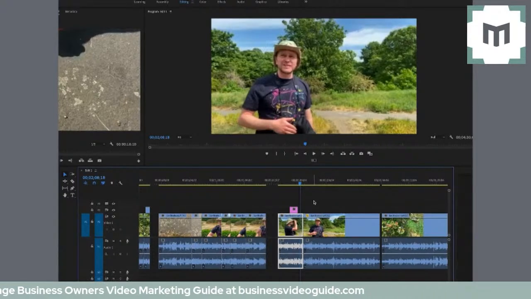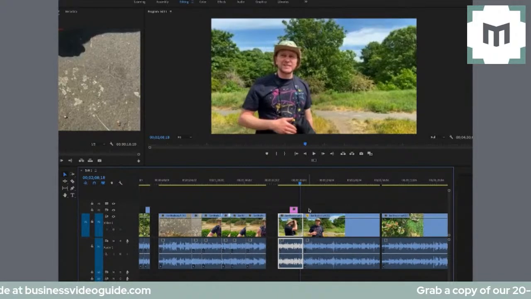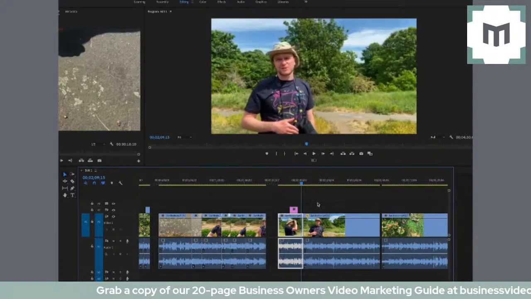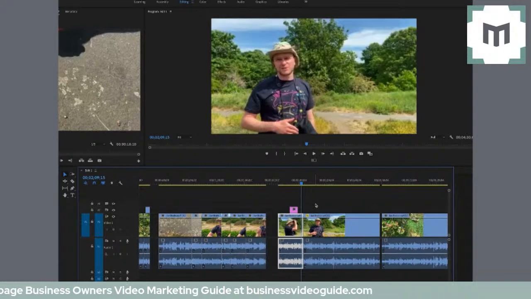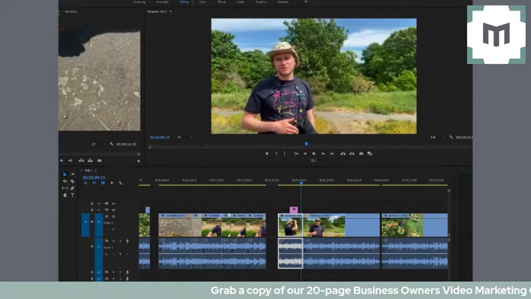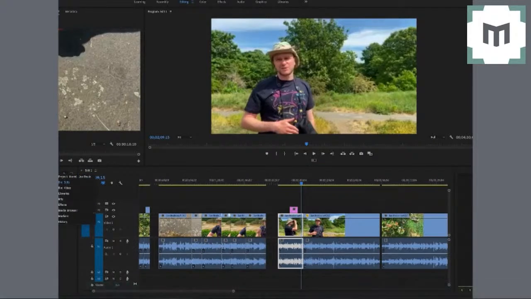Or if you don't have that option, then what you need to look at is a transition other than something like a jump cut. The jump cut is quite jarring, and especially if you've had to do a lot of editing and trimming within the sequence, you can have multiple jump cuts in any one sequence and it just looks a little bit jarring after a while. So in this case, let's assume we don't have any other footage that we can use to do a cutaway with. So what I'd need to do then is to make a transition slightly less jarring on the eye. So in this case, I'm going to use a